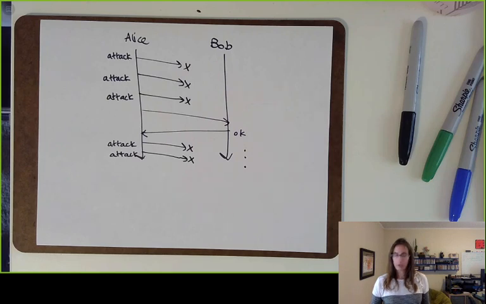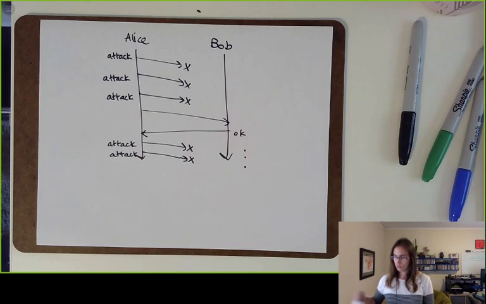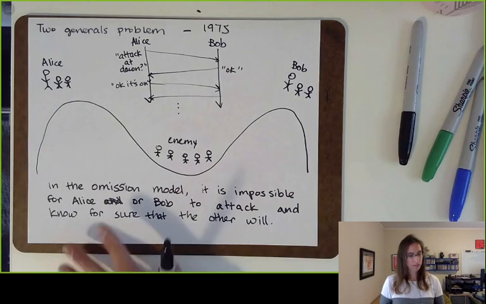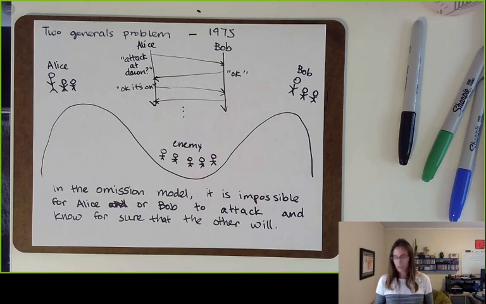Any other workarounds? Well, one workaround is that maybe before they went and camped out on these hills, Alice and Bob coordinated with one another in some way. So maybe Alice and Bob both decided on their plan of attack in person in some sort of discussion and agreed on a plan. So that's what philosophers and logicians call common knowledge.